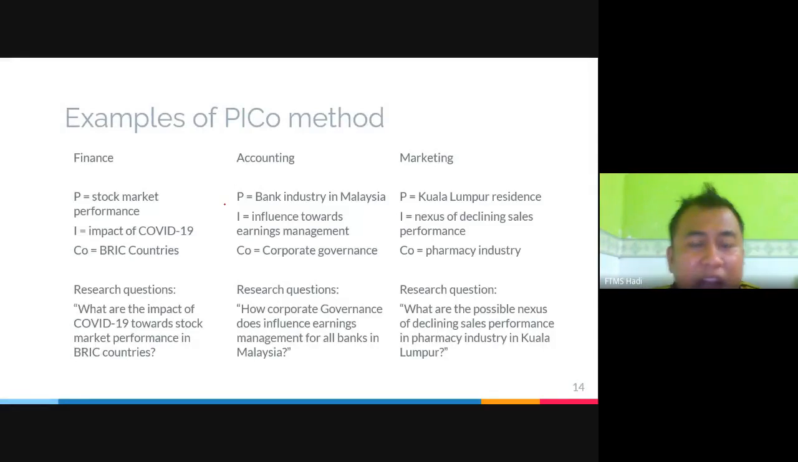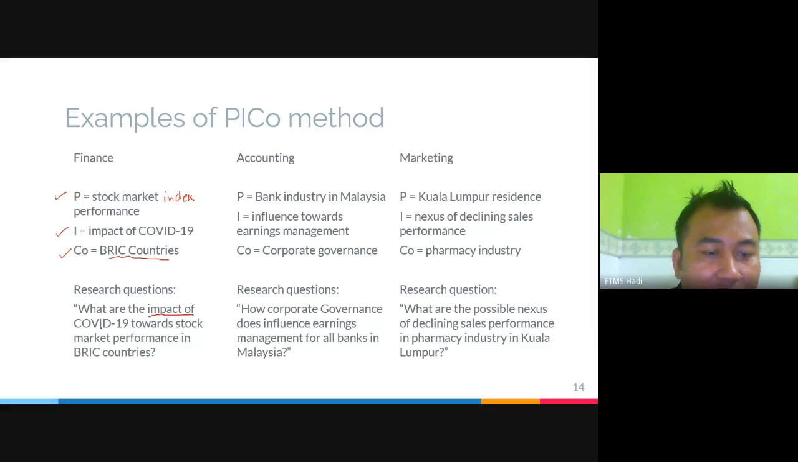I'm looking at finance first. Population: I will be analyzing stock market index performance. And then the research that I want to do is the impact of COVID-19. And then the context is I'm covering BRIC countries. BRIC stands for Brazil, Russia, India, and China, the top four countries. They have a so-called coalition between those four countries. So the research question is, what are the impacts of COVID-19